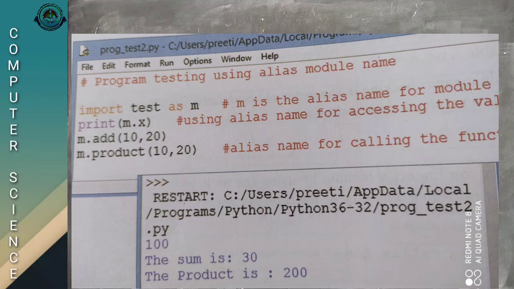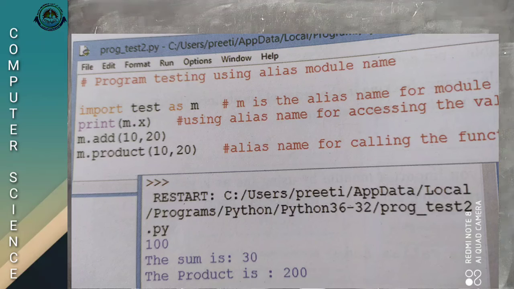We calculated print m.x, 100; m.add(10, 20), the sum is 30; m.product(10, 20), that means 200. This is called module aliasing.